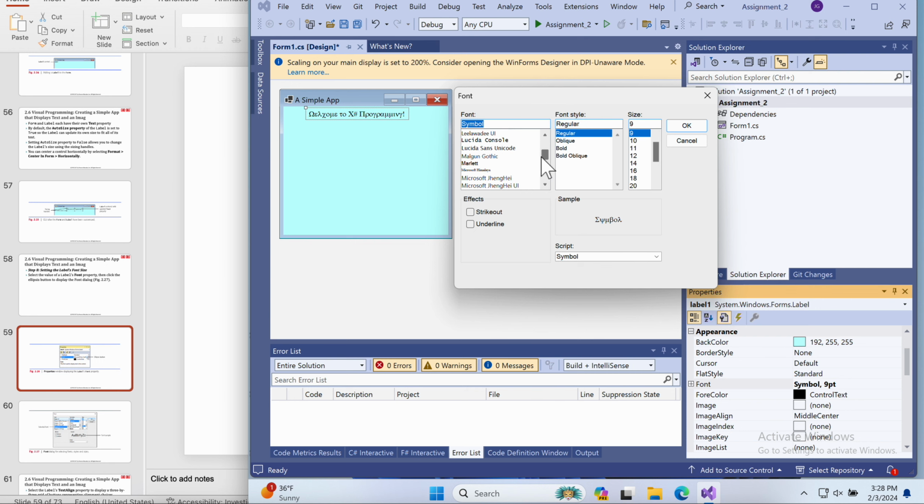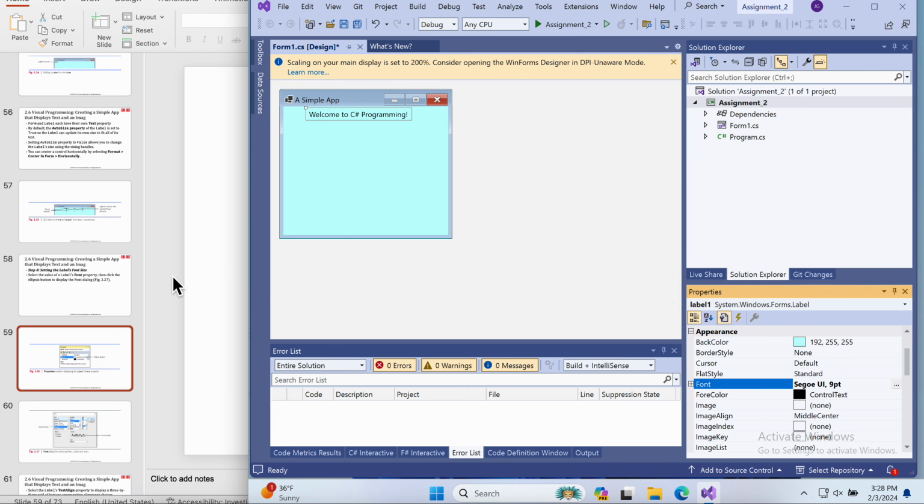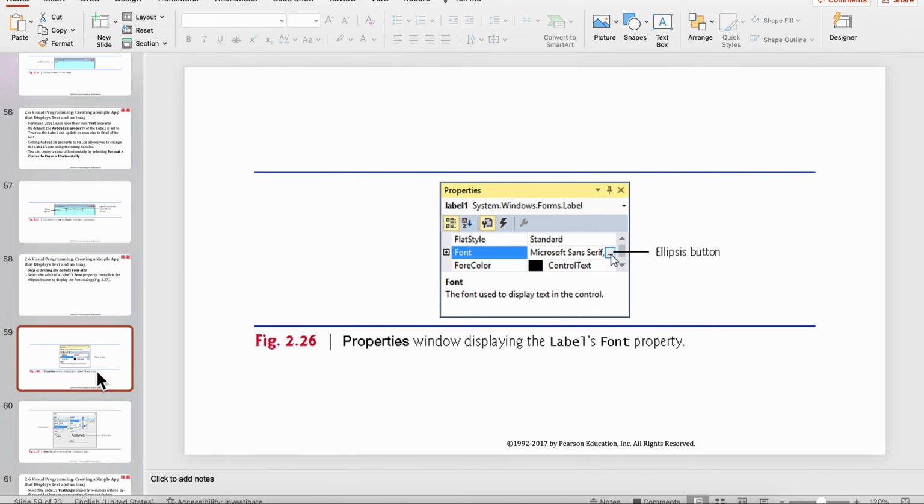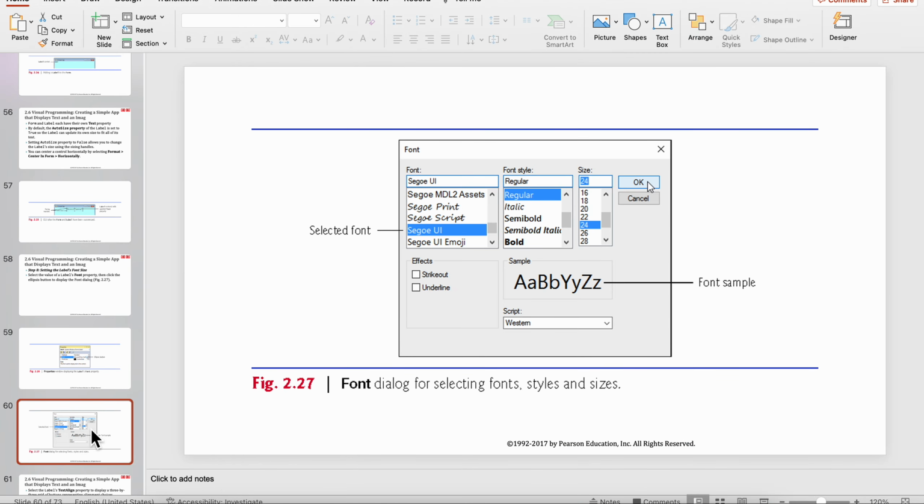Let's find the right one again. Oh, here we go. That's the one that we want. All right, welcome to C# programming. Okay. And then what we want is